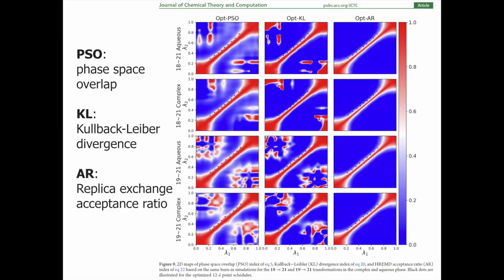So there are different variations of this. When we wrote the paper, we were focused on phase space overlap, but in the same paper we also talk about a slightly different index that's more directly related to replica exchange, which is this column on the right, which is a little bit more stable than the other variants. This is the actual one that we're promoting. You get almost identical results for all three of them, except when these other methods sometimes go bad. This replica exchange acceptance ratio method seems to be much more robust.